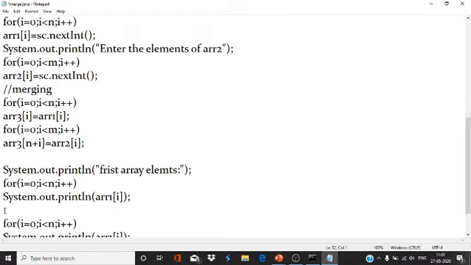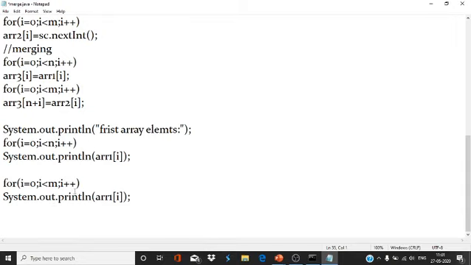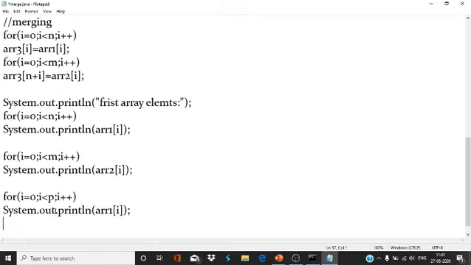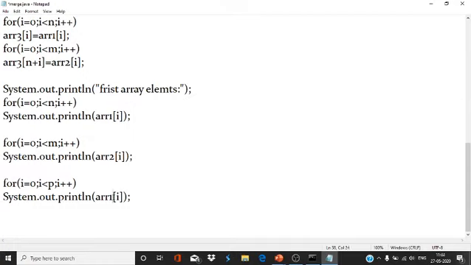For the second element, I will print the elements of the second array. It will execute p times, so here we have to give p times, and here it will be 3.